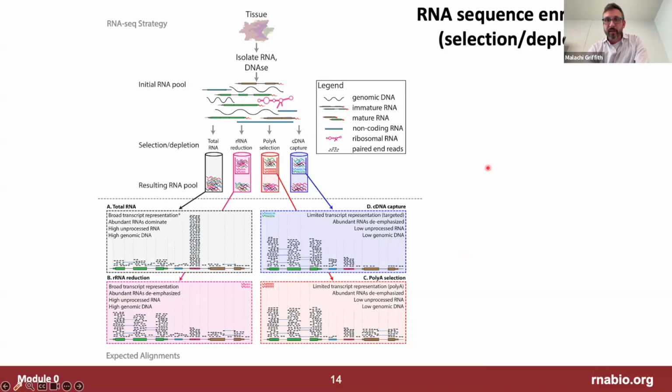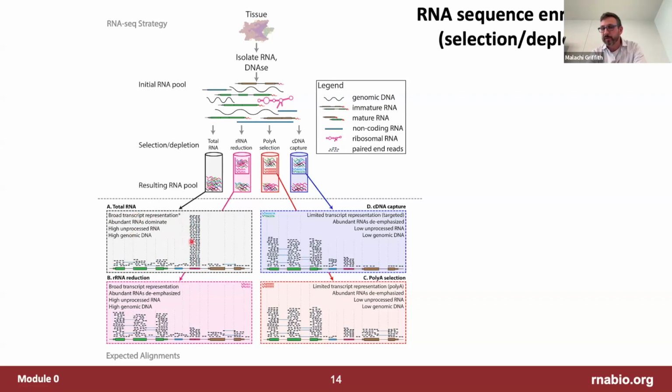Okay, and then there's often, as I said, this enrichment step, where we do RNA sequence enrichment, either through selection or depletion. And there's three major categories. So you could not do the enrichment, and maybe for some species that would be okay, but generally speaking, there's too much